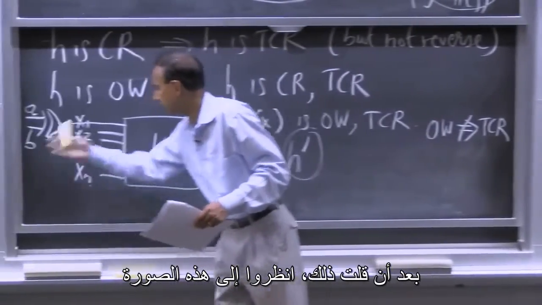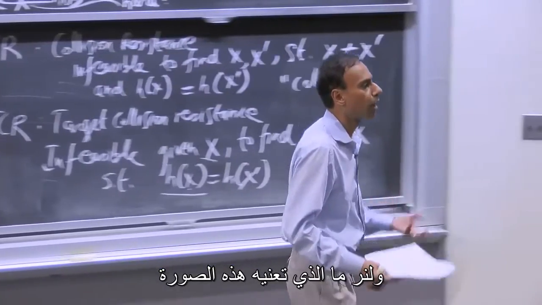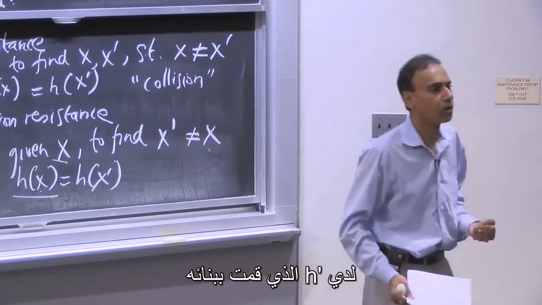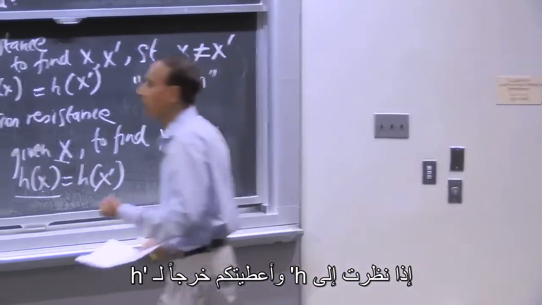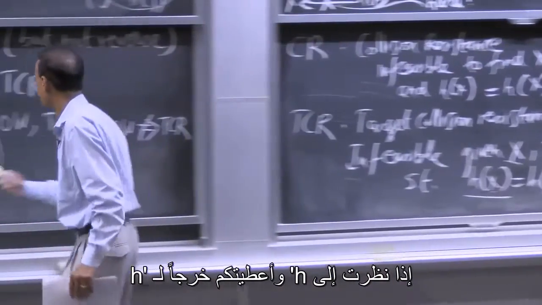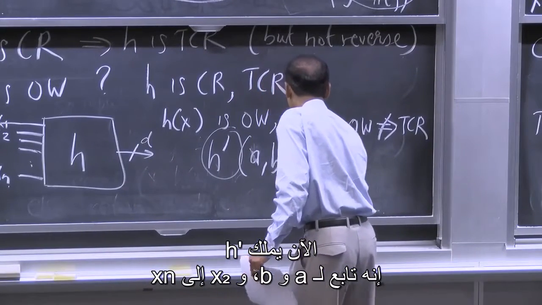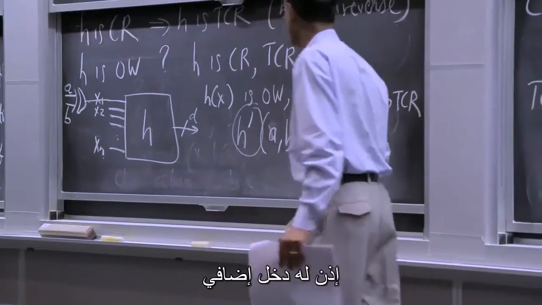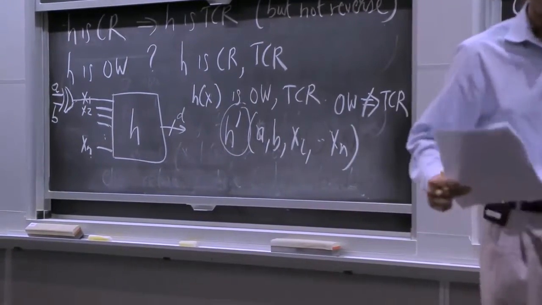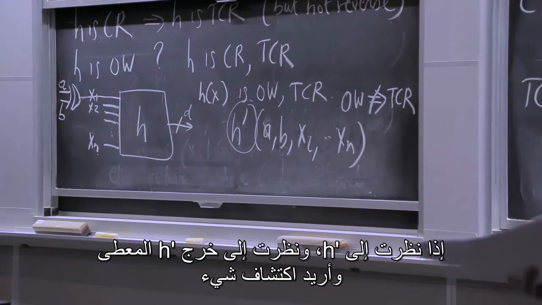Right? So having said that, take a look at this picture and see what this picture implies. I have an h prime that I've constructed. Now, h prime is a function of a and b and x2 all the way to xn, so it's got an extra input. If I look at the output of h prime that is given to me, and I need to discover